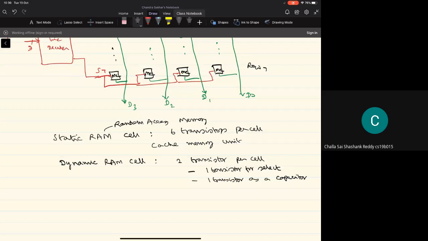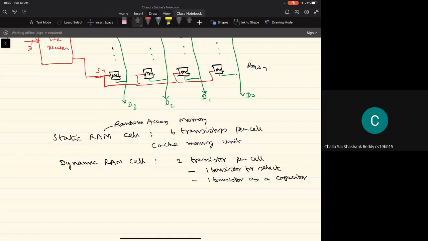And if you don't do what is called a refresh operation on the capacitor, then the charge will be going down to 0 level, right? Then the data that is stored will be lost. Typically, the information stored as 1 bit, the bit 1 will be stored as a full charge on the capacitor, then bit 0 is stored as no charge on the capacitor.